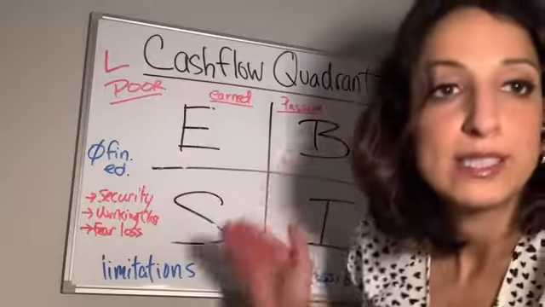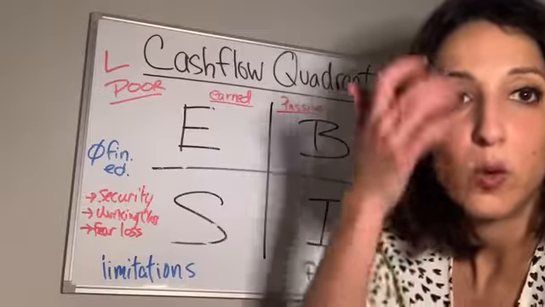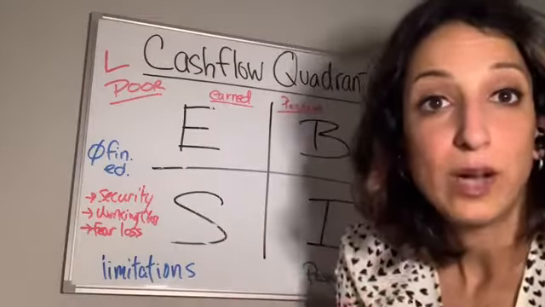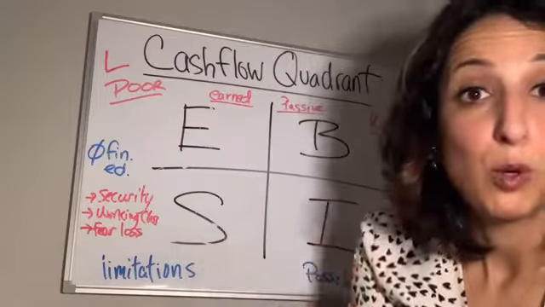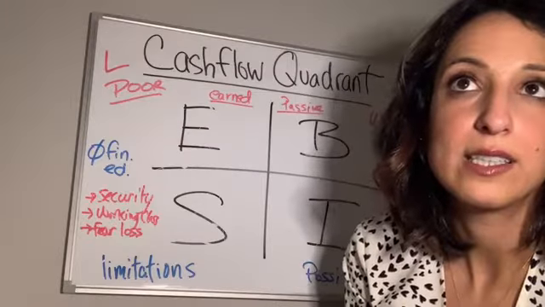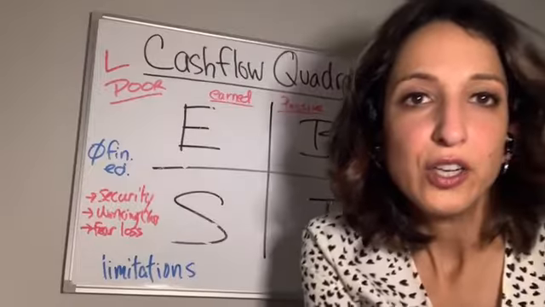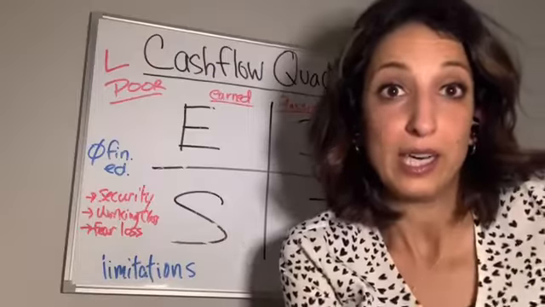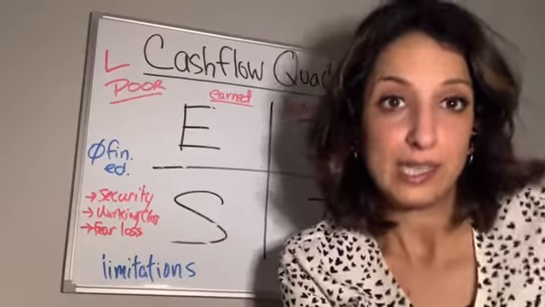And there are a lot of people who succeed, and there are a lot of people in the employee quadrant that actually do really well as well. They go up, they get promotions. But the only downside to that is that the higher you go up the corporate ladder, the more you're getting taxed, right? The higher your salary, the more you're getting taxed.